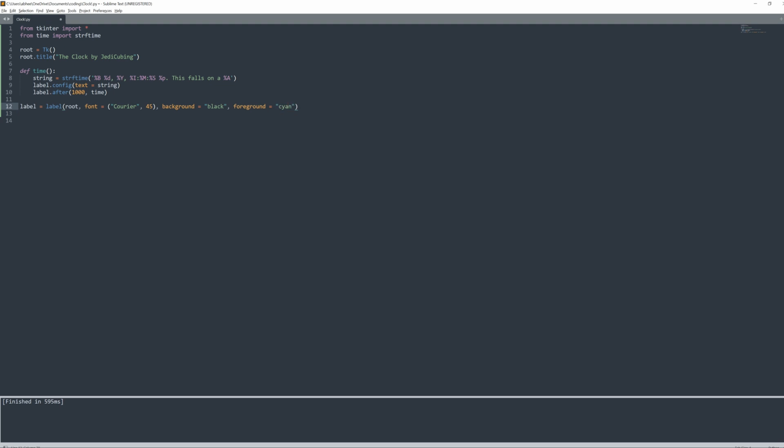So here we have a big thing. Now what in the world does this do? So what this does is it makes the label variable have the information of all this, which I'm going to explain now. So label is a function in tkinter, which kind of is like a label, like it says. So now root is TK, so it's like